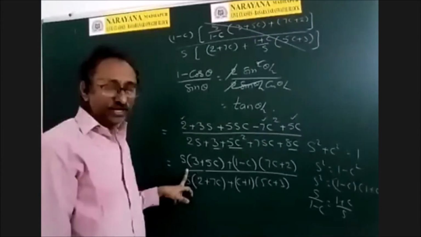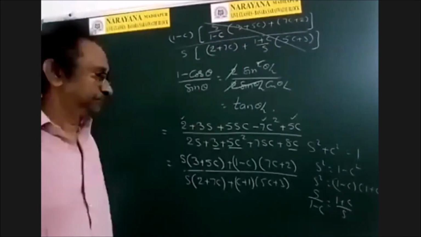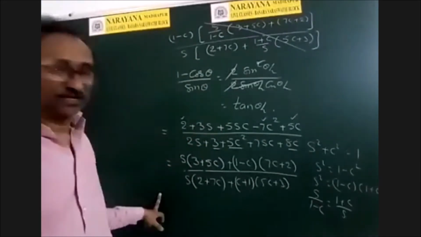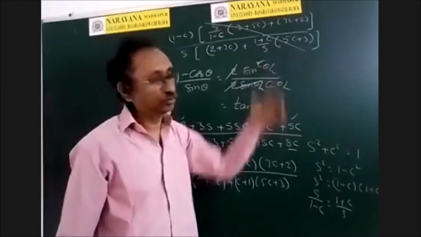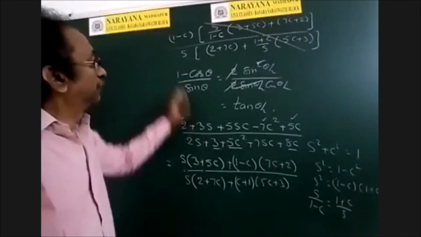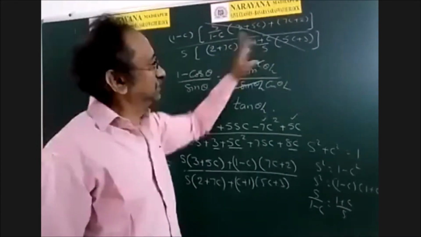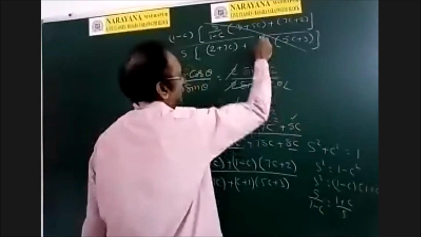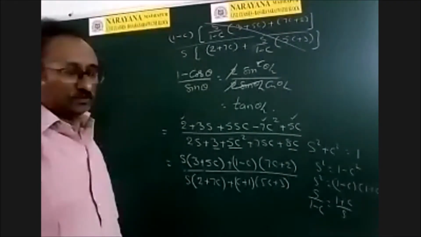Even though there is 1 minus c, I have taken it common, so you will get s by 1 minus c into 3 plus 5c. There is 7c plus 2. In the denominator, I have taken s common. Therefore, you will get 2 plus 7c, this by s into 5c plus 3. Is that step okay? Okay, sir. And what is the next step then? Sir, s by 1 minus c is equal to 1 plus c by s. Suppose I write here 1 plus c by s by 1 minus c instead. And see, those two are the same terms. Okay, sir. Thank you, sir.